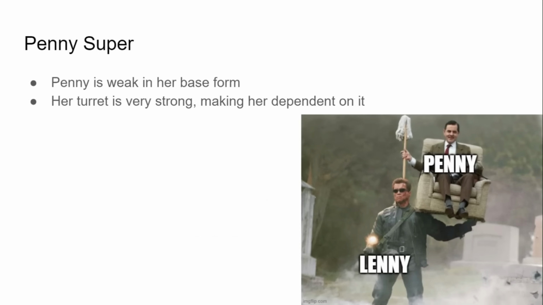And after this entire long tangent, let's discuss what this means for Penny. Penny's pretty weak in her base form. We've established that. Her turret's also very strong. We've also established that. Penny might have one of the highest dependencies on her super due to this fact. She's pretty weak. So right from the beginning of the match, she needs to get her super to do well